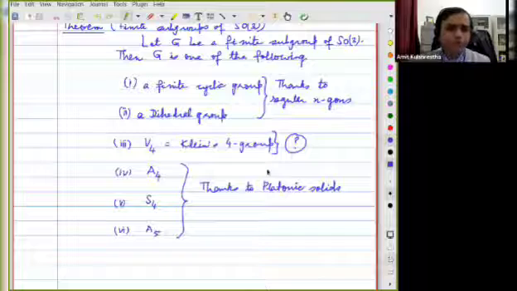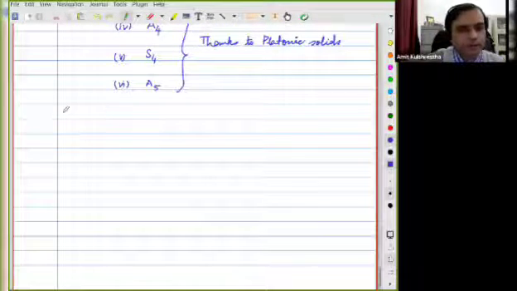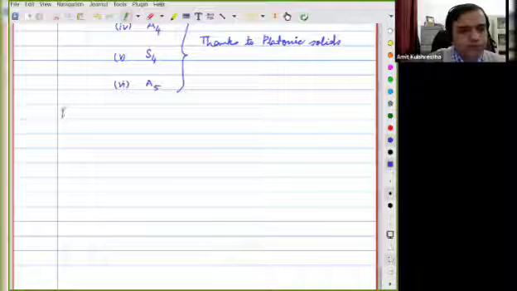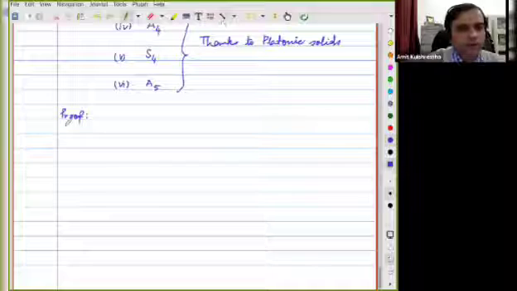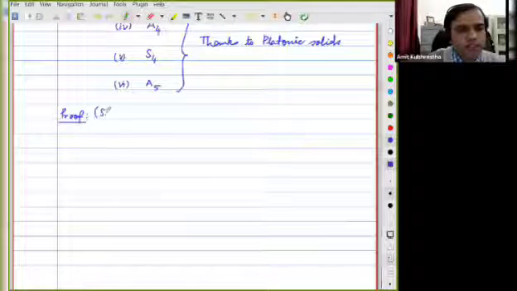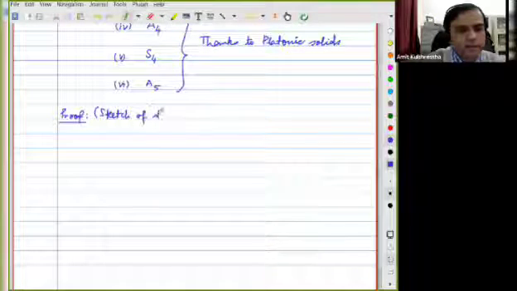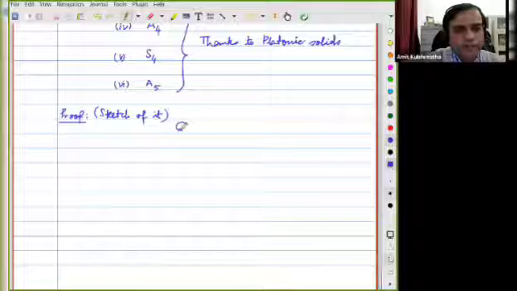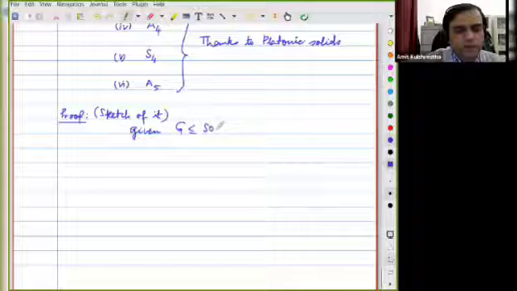What goes in the proof? Maybe I can just outline the proof. The way it goes is, of course, I'm not claiming the entire proof here, rather the sketch of it. So I take a subgroup of SO3, a finite subgroup.